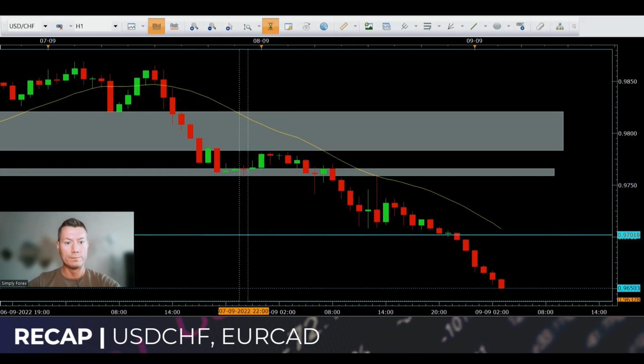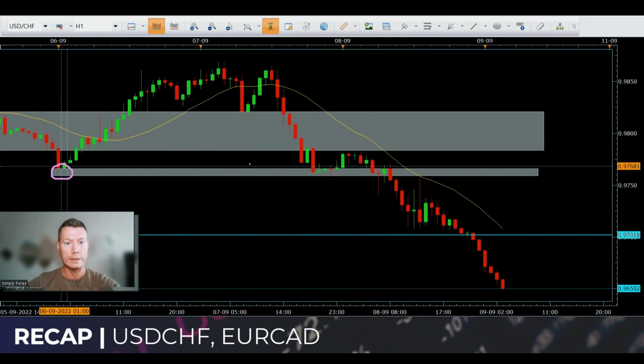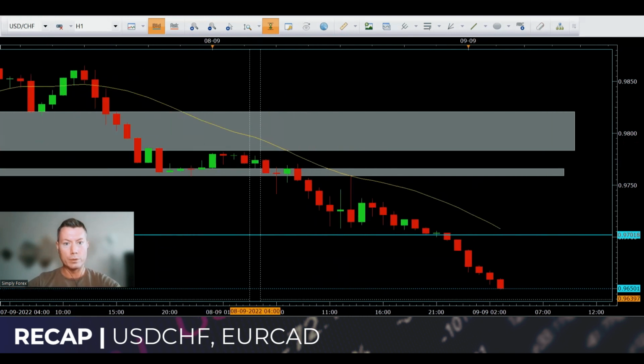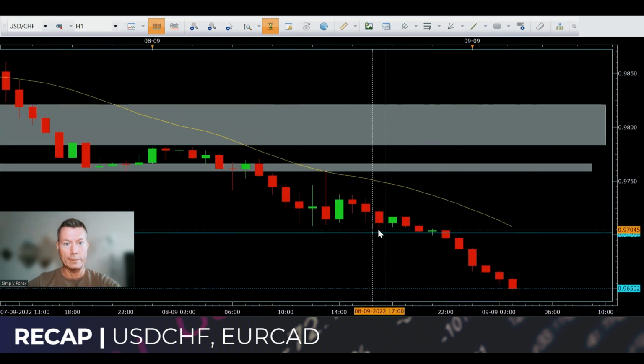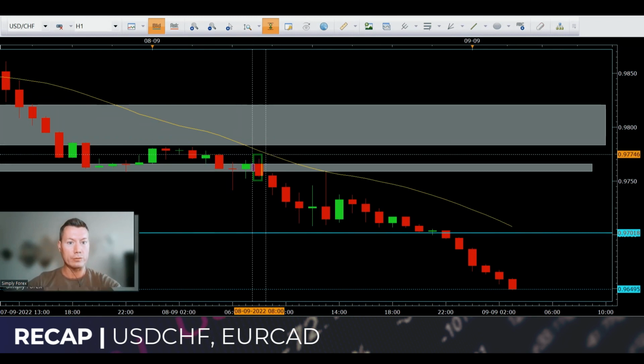Then this grey zone: as you can see, the bottom grey zones were these last lows here and here. Let me zoom in now because it's all gotten a little bit small as it's gone down so much. But it was this candle, guys, that I entered on. Price did come down, flirted with the idea of breaking this grey zone, but then did close back in. But when we got this highlighted candle, I was then confident to take price lower. So this was our entry candle.